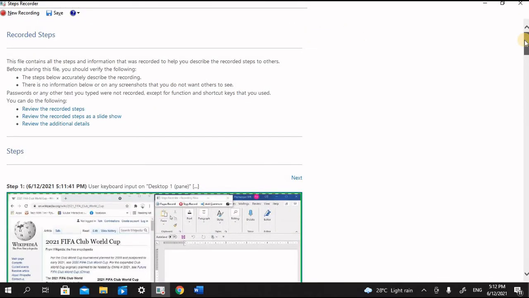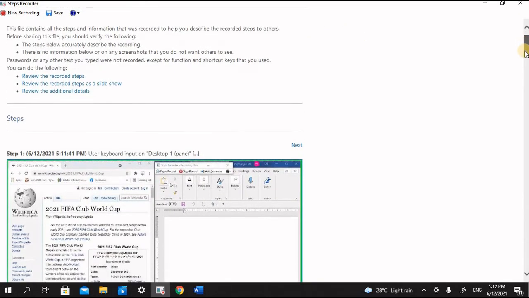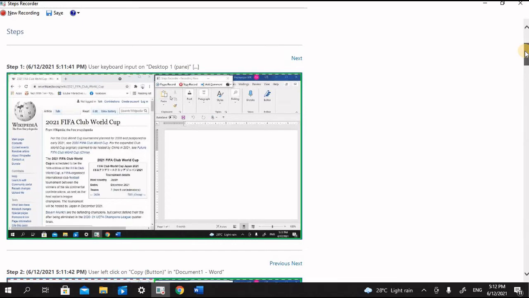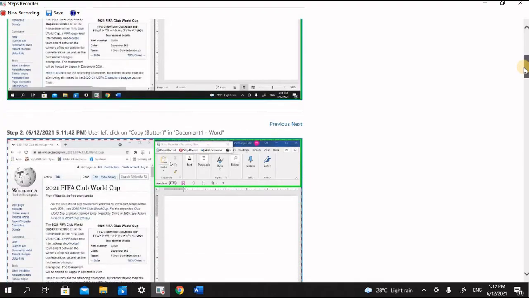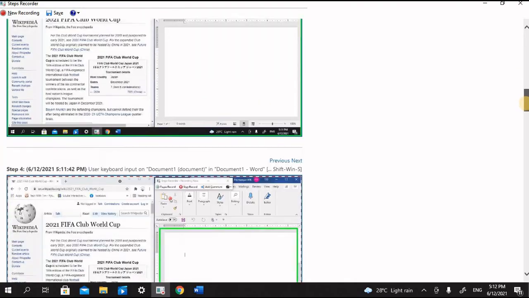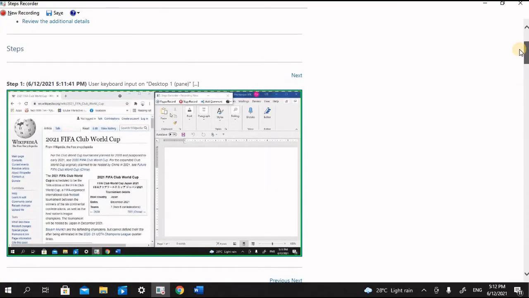Now you can see the recordings of the Step Recorder appearing on the screen. It has recorded step 1, the timing also, what key I have used, and it gives the screenshot.